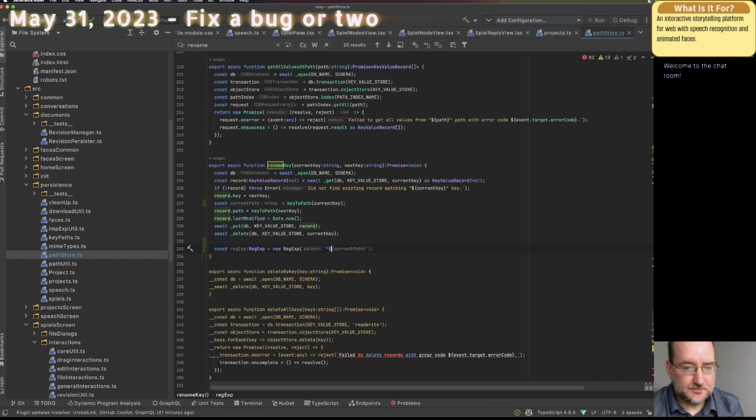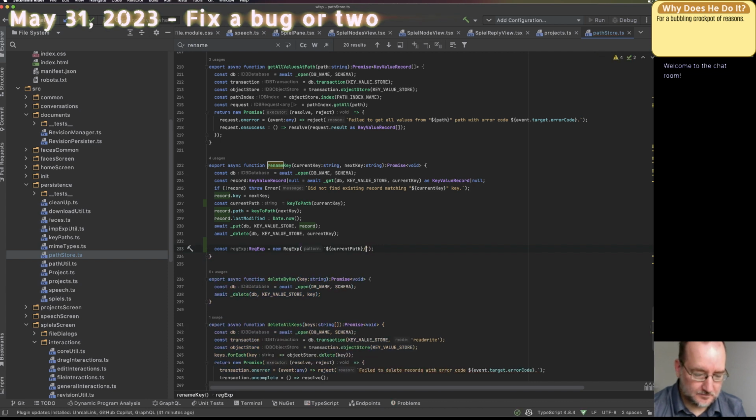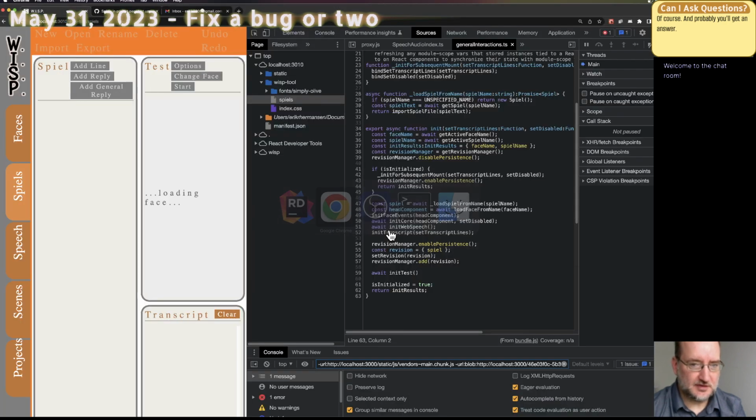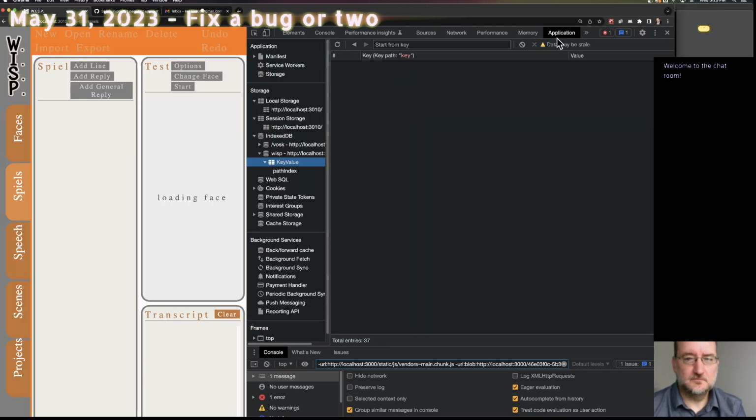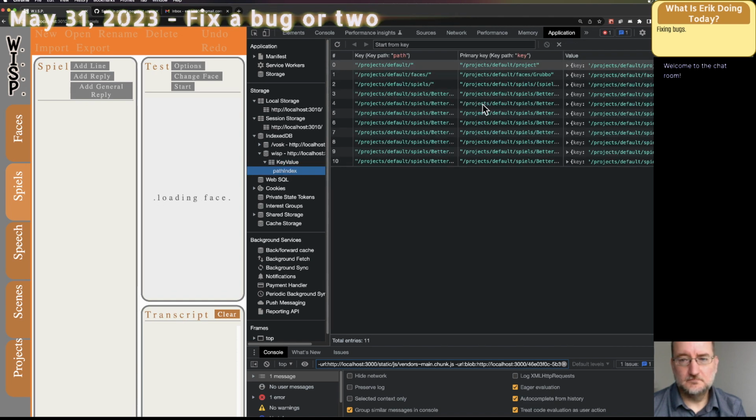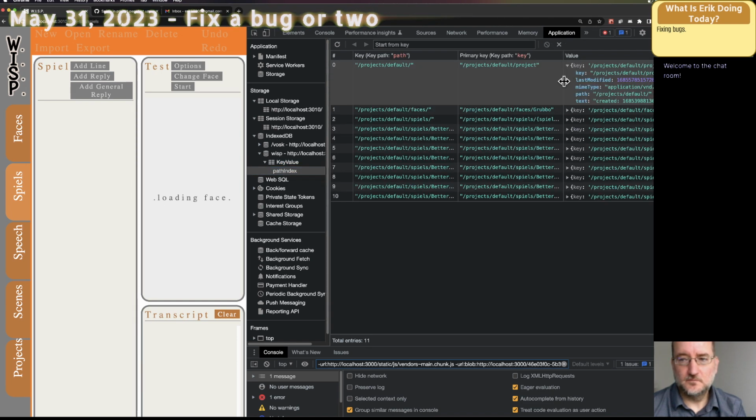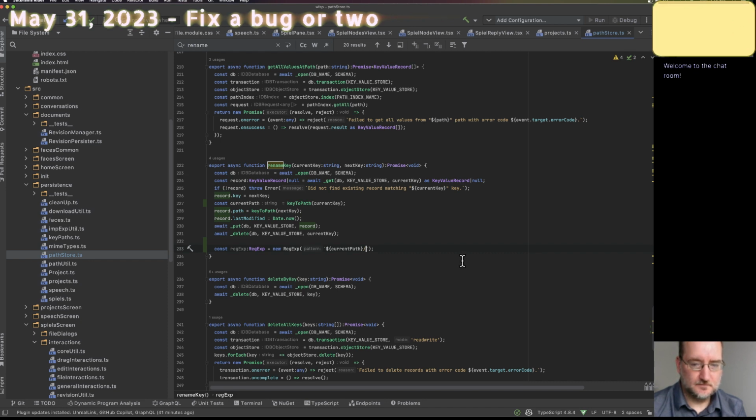It's going to be current path and then... Current path, I believe, will already have this guy at the end. I will double check that. Yes, okay. That off. But at the end we do